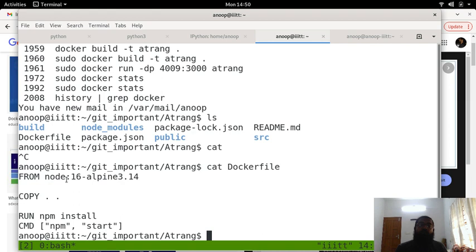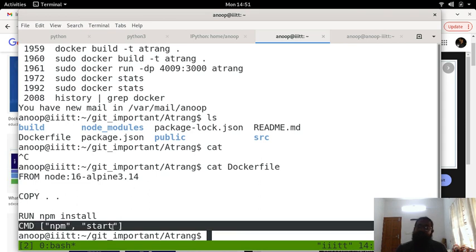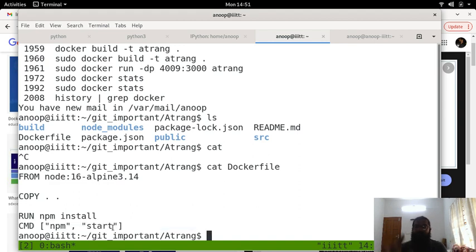So it will pull the kernel that is required to run the node, and then copy every content of this folder to the Alpine's parent folder. Okay, and then on that run the command npm install, and then finally run the command npm start. That's what it does. Okay, so let's try to run this particular code.